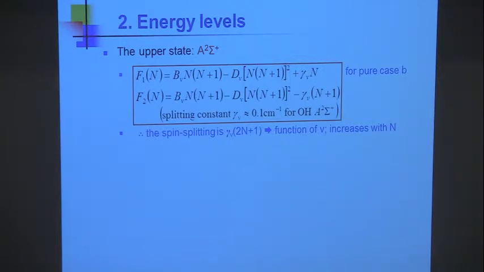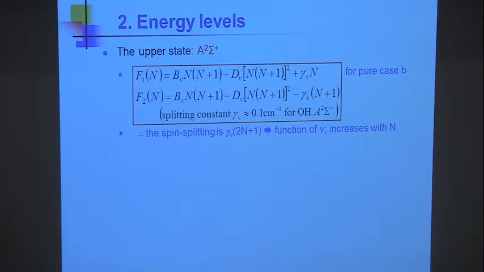Now let's look at the upper state first, because the upper state's a little simpler. Remember, you have to have energy level expressions for the upper state and for the lower state, and you take the difference. The upper state, lambda is 0 and spin is a half. So we immediately use the F1, F2 expressions that come. Here's the distortion term, which you can forget right now. So there's B sub V, which you're familiar with, times n plus 1. That used to be J in the rigid rotor model, but now we have to call it n because we have to also add in the electrons. And so here's the additive term